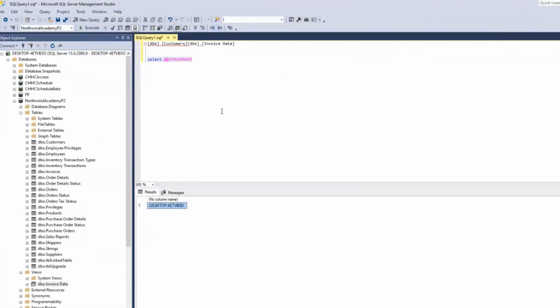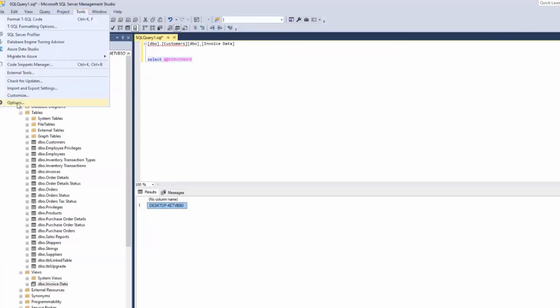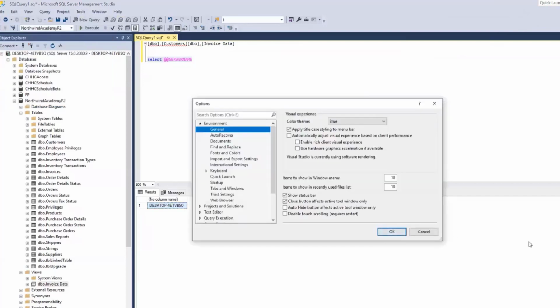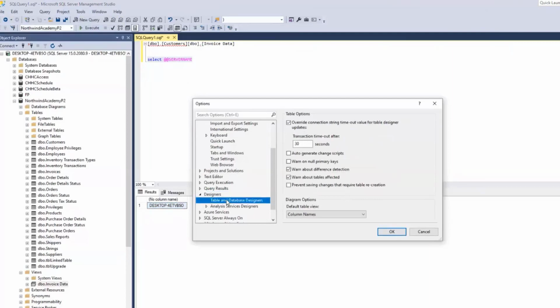Please step in. But one of the things I want you to do, if you're new to SQL Server Management Studio, is a couple of things. Number one, you're going to notice that when you try to make a change to a table and save it, it won't let you save because changes have been prohibited. So one of the very first things I do when I install this tool is I go to Tools, Options, and then Designers. Under table and database designers, I uncheck